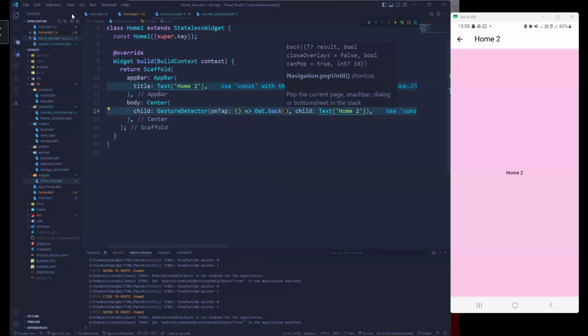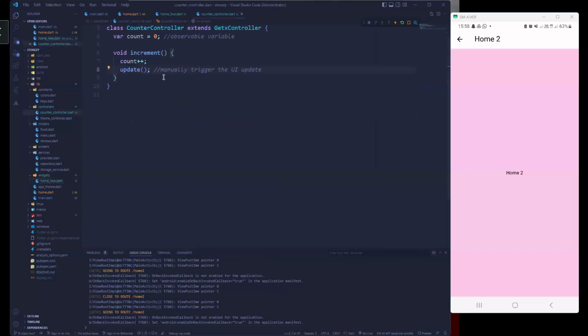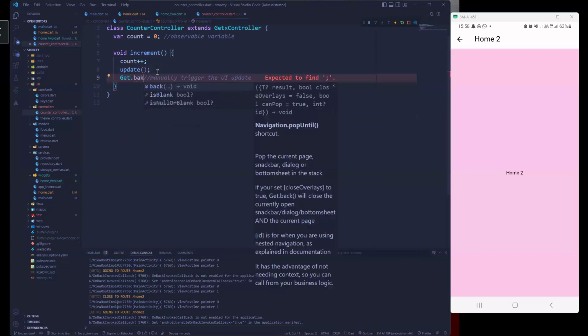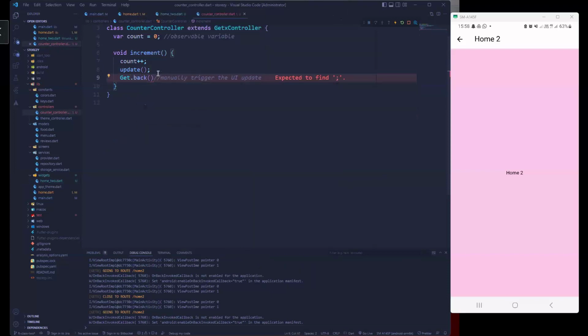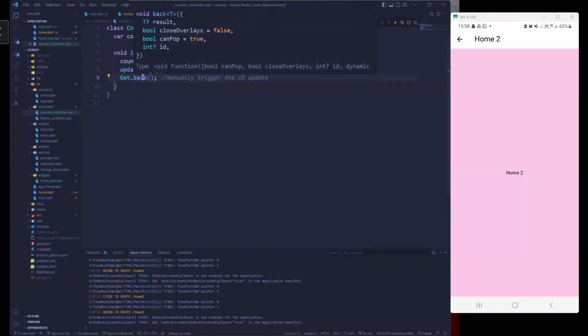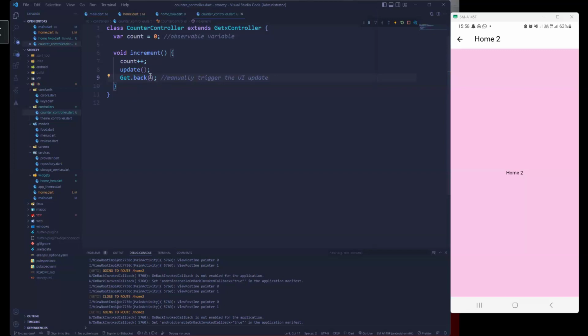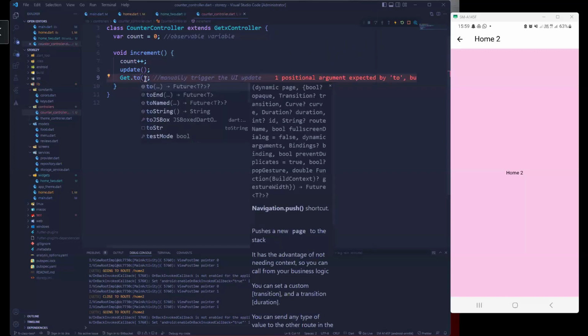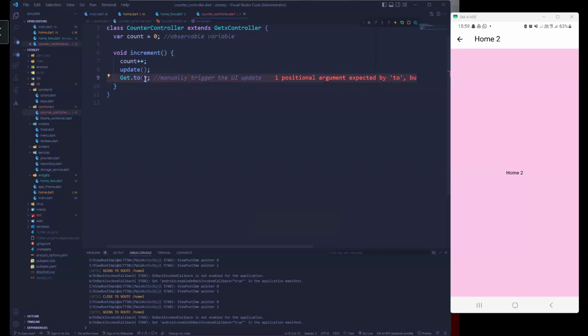right? Now, also here, I can also call Get here, right? So this is what we are saying, that you don't actually need a context, right? I can call Get.back. Let's actually do this. I can say Get.to